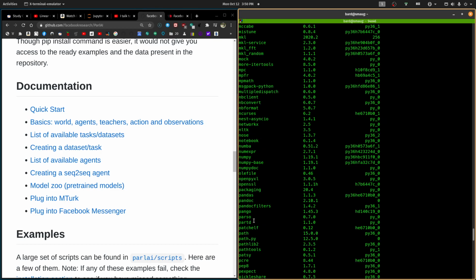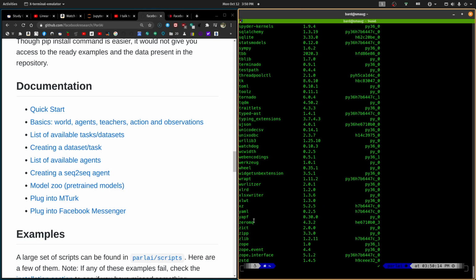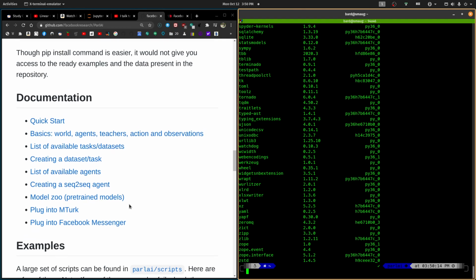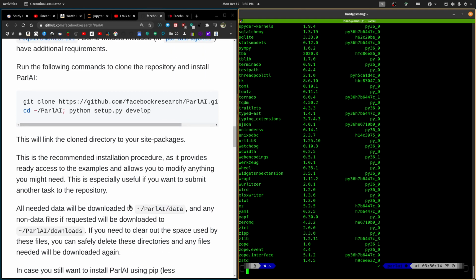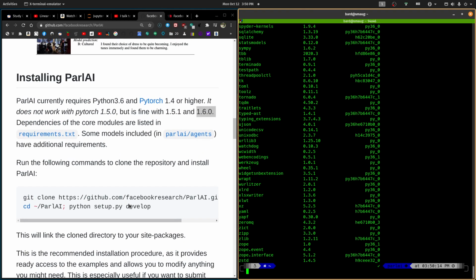Okay, so now, let's see. It needs to have PyTorch, right? And it says here that it needs PyTorch 1.6.0.